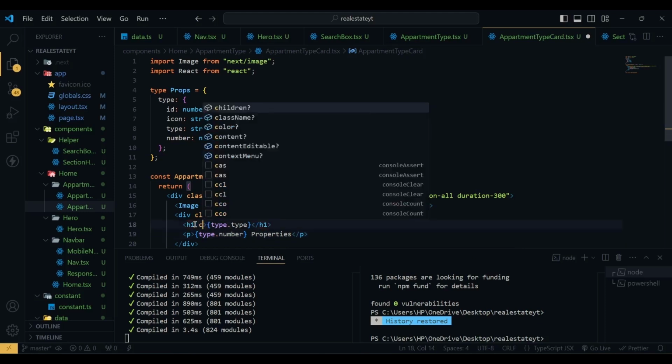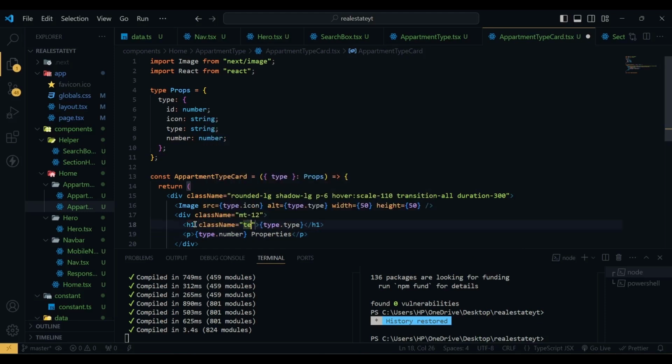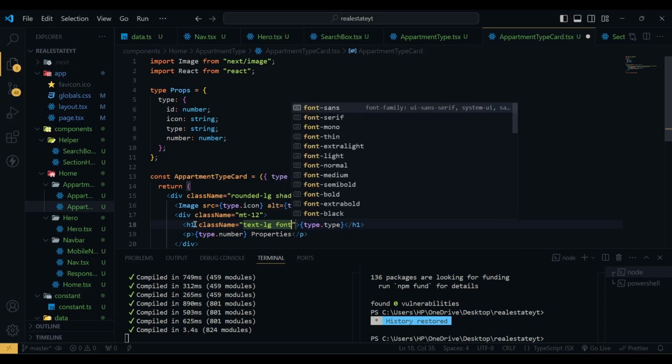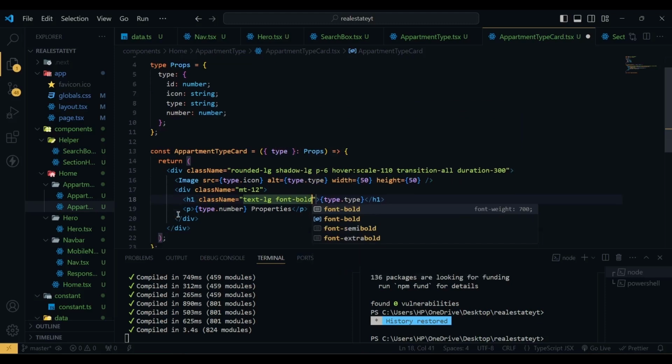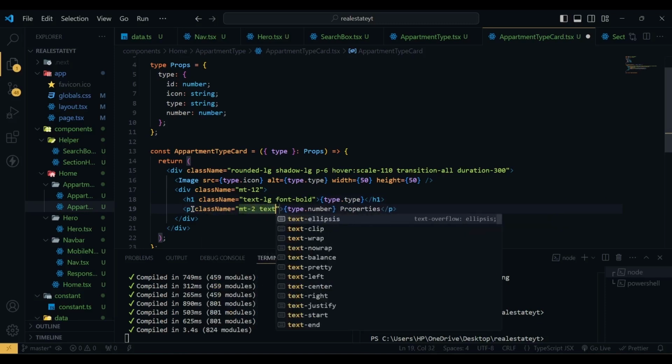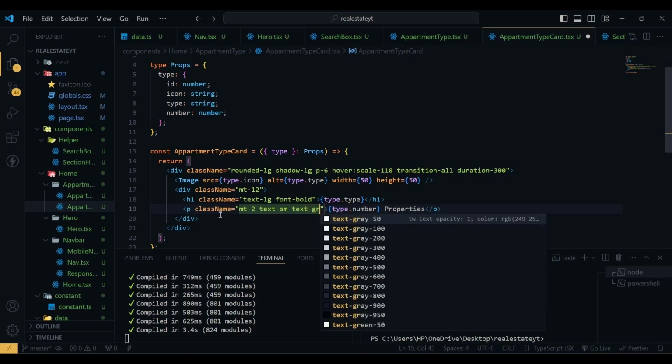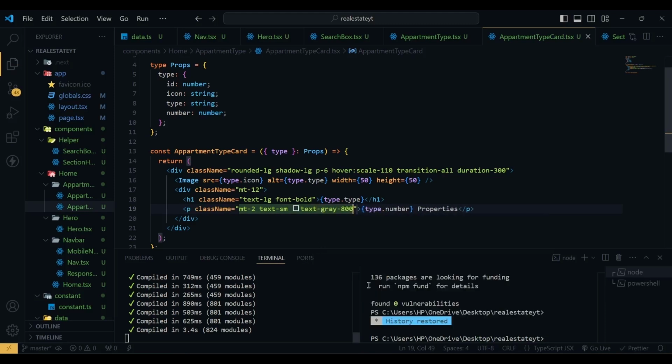For the h1 we have a class name of text lg, and font will be bold. And for the p we have a class name of margin top of 2, text will be small, text color will be gray 800. Now if I hit save,